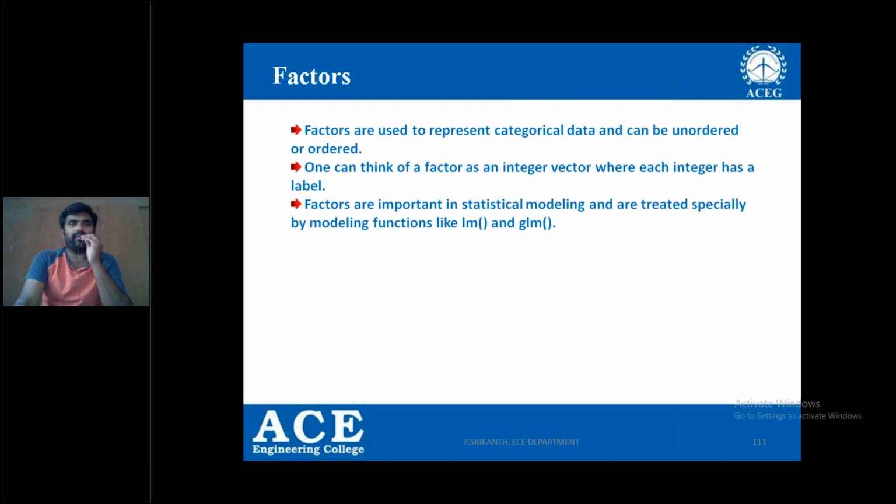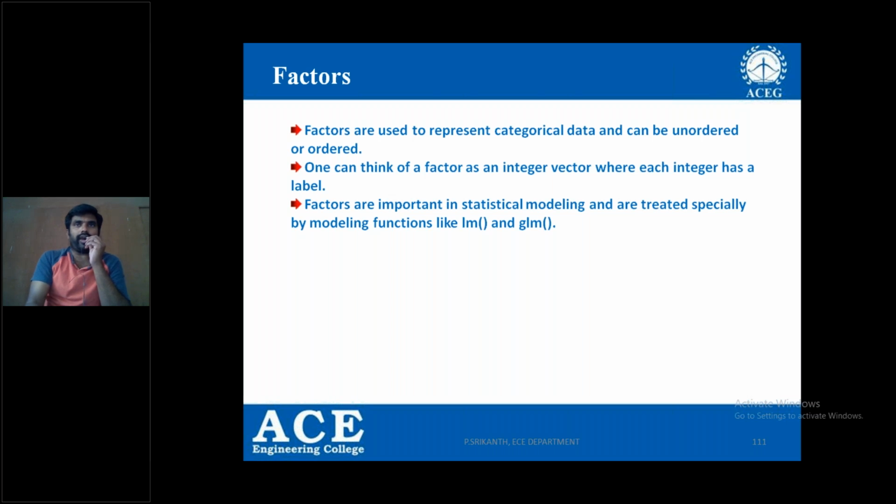Right. Factors. Factors are used to represent categorical data and can be unordered or ordered. Just now I gave a simple example, where marks have the values 5 or 10 or 12 or 18 or 20. So now coming to the factors. Factors are used to represent categorical data, and can be unordered or ordered.